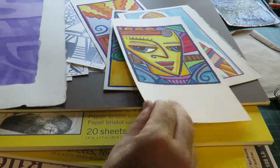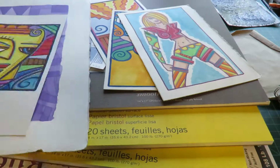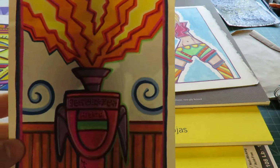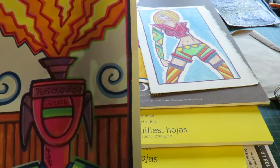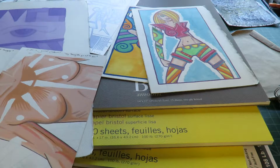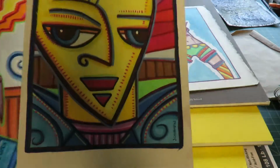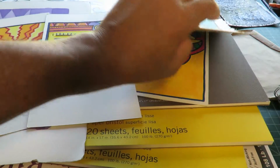And these were all done on that 140-pound watercolor. These are gouache on paper. And gouache is a fairly dry watercolor, so it doesn't buckle too much. Oh, look, I had an old painting on the back that I reused the paper. But then there's the big guy, which is